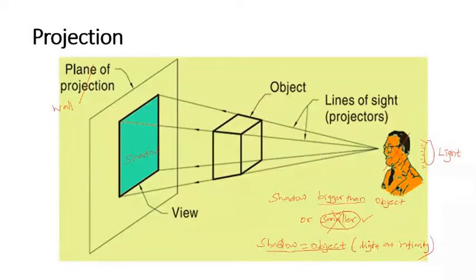It is not possible, because irrespective of the size of the light, the size of the light doesn't matter. The distance from the object to the light, the distance from the object to the vertical wall, that matters. Okay. So what happens is that the light rays will start to diverge from the point of source, and they will try to trace the corners and the edges of the object, and based on that the shadow will fall on the vertical wall.